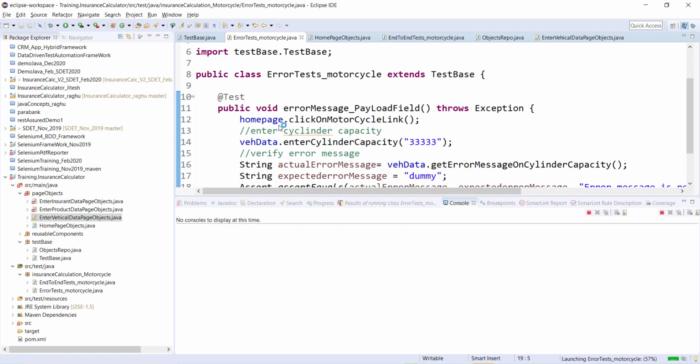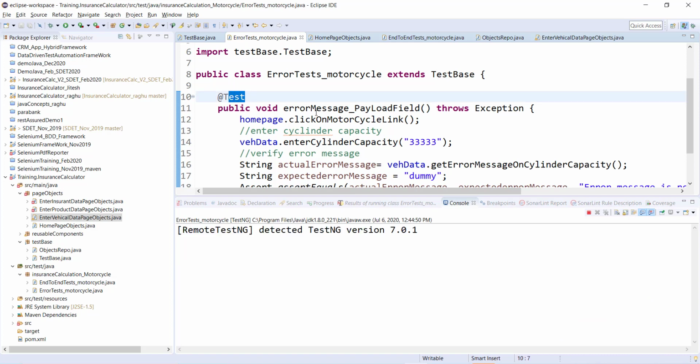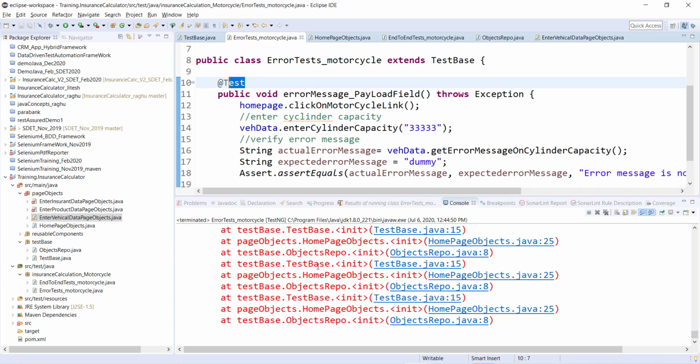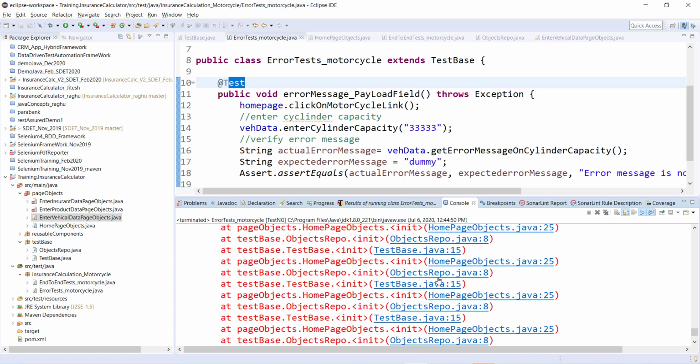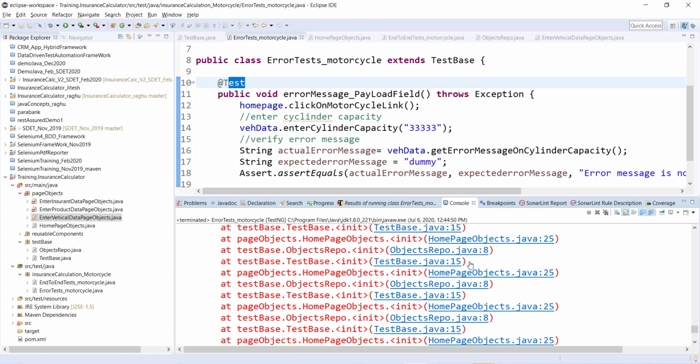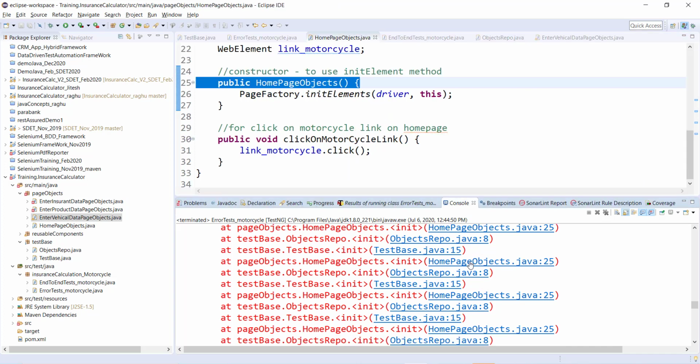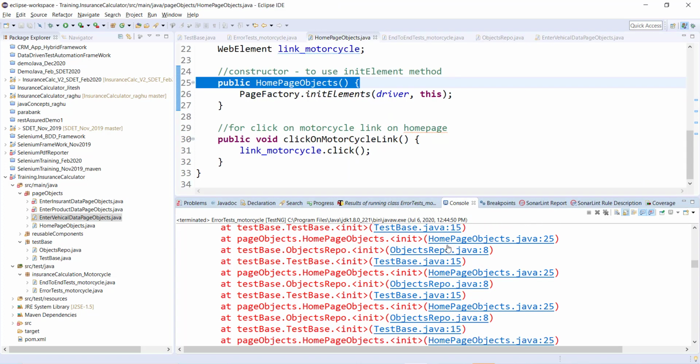I have used TestNG, and it is not allowing it to create the objects. Why? Let us understand. Give me a minute. Let me see the root cause.